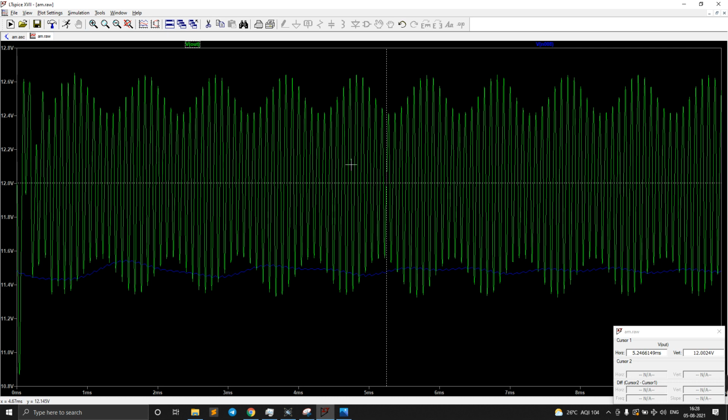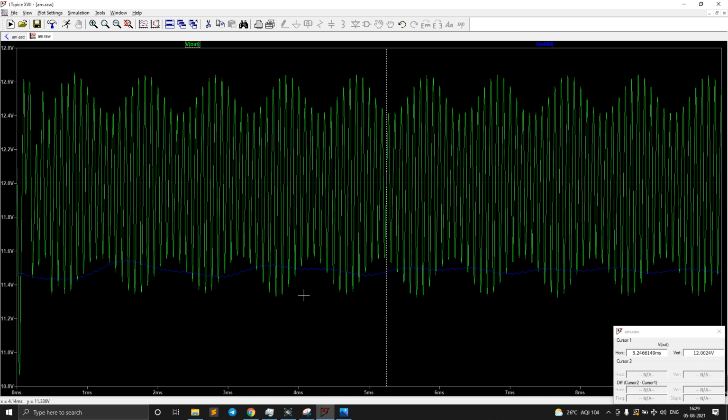So the maximum amplitude from this one to this one, if we subtract this higher amplitude minus this 12, we will get 0.641 and the minimum as 0.414. So if you find the modulation index, it will be 0.2151. These calculations are also in the description, you can refer to them. And the amplitude of each sideband is given by mu Ac by 2.